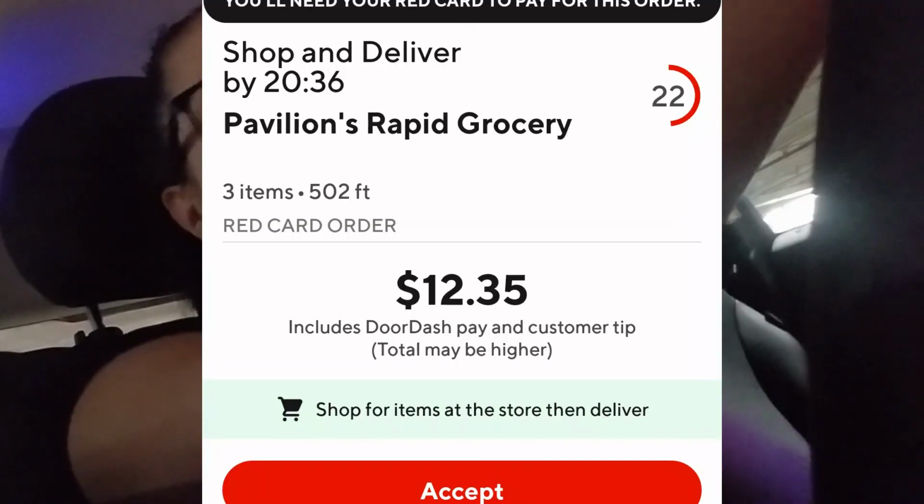Apparently it did not record when I got this order, but I did accept a $12 Pavilions order for 3 items. Literally, I think it took me 1 minute in the store. Not even. And the only reason I took it was because she was 500 feet away from the store. Literally not even across the street, the same side of the street. So I took it